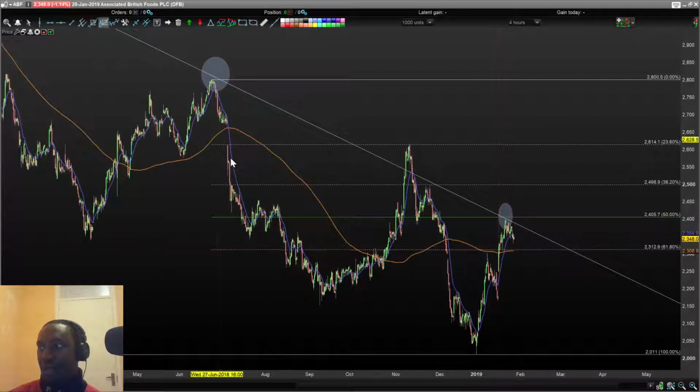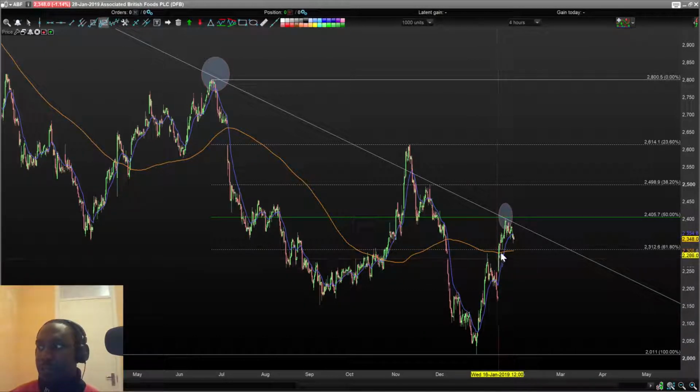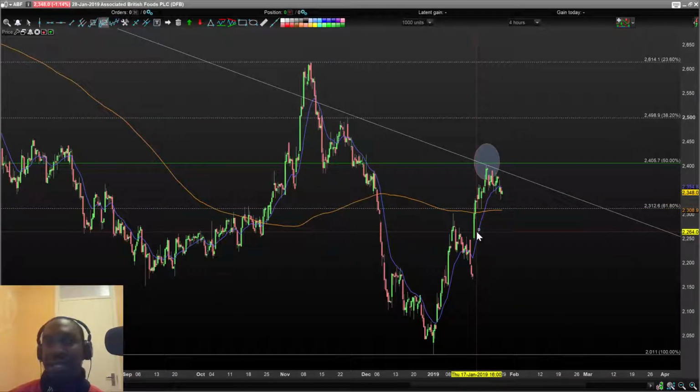Now, based on what I've seen, it's hit the 50%. That should drop again, but I can't assume that it's going to do that. Primarily because of what I want to see if I want to short it. So let me take a step back. If I want to short this stock, what I want to see is it break past the 15-day simple moving